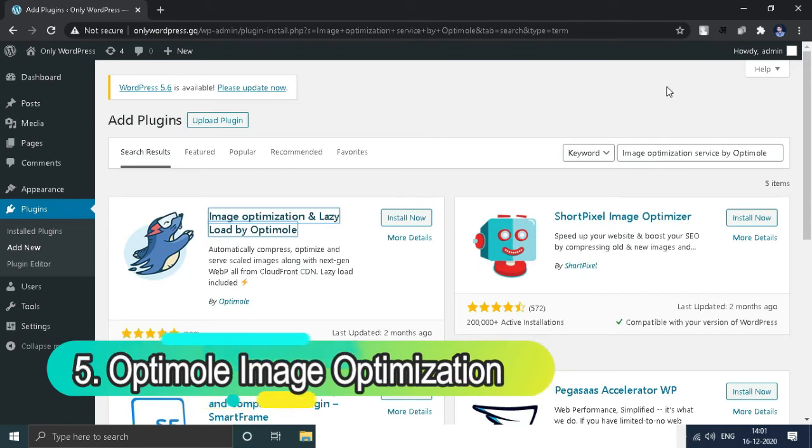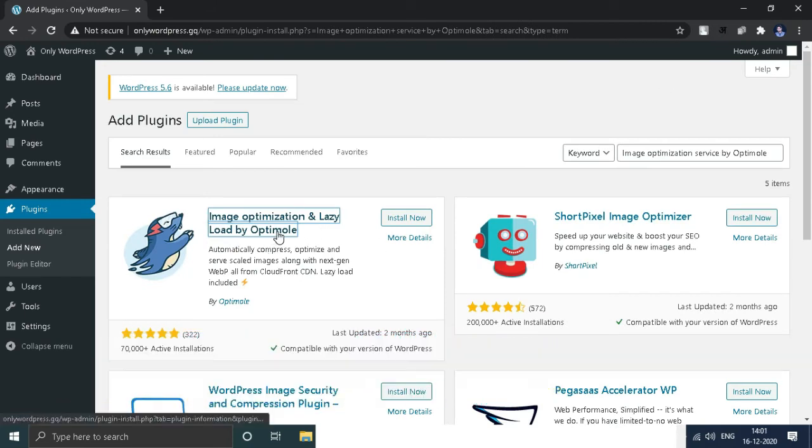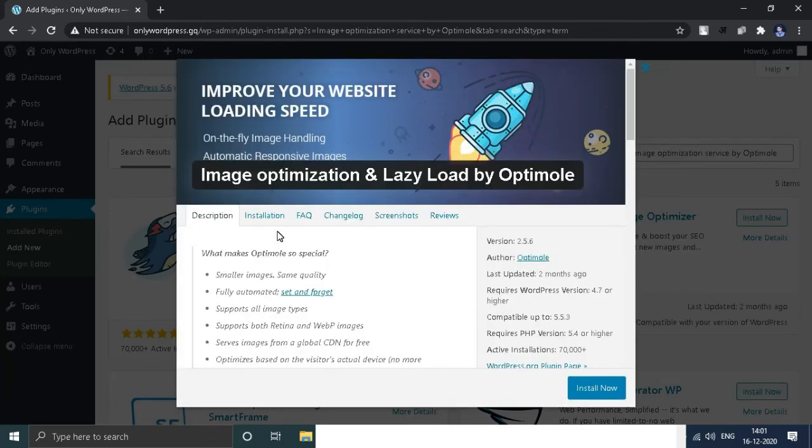Now the final plugin that we are going to install is Image Optimization and Lazy Load by Optimole. It is a very cool WordPress plugin. In the free version you get up to 5,000 requests in a month. Okay, so what does this plugin do? This plugin is best for lazy loading of images and CDN networks. While visiting many websites, you might have noticed that while the images are downloading, nothing else downloads. Means you have to wait till the images download, and sometimes the dimensions and also the quality of images may be somewhat different.